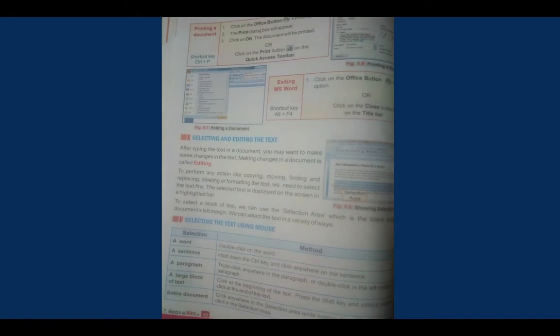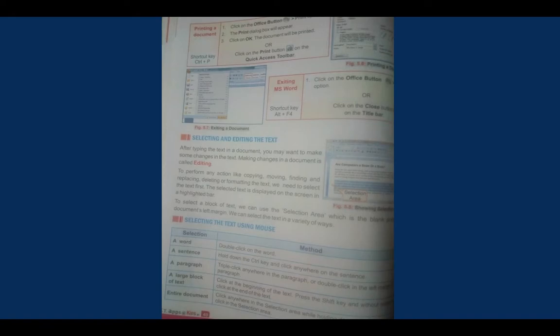So we can say it's editing. Okay, so to perform any action like copying, moving, finding and replacing, deleting and formatting text, we need to select the text first, right? The selected text is displayed on the screen in the highlighted bar.